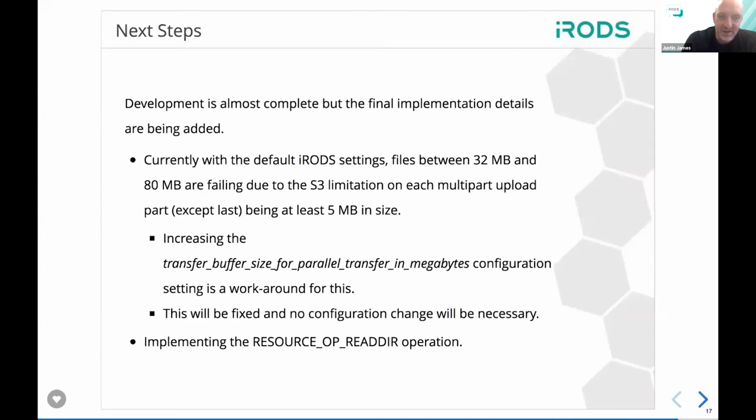Okay, so the next steps. We're almost complete with development. Just some final implementation details need to be added. There is one bug that needs to be fixed, and that is that right now files between 32 megabytes and 80 megabytes are failing due to the S3 limitation that each part must be at least 5 megabytes in size. If you remember me saying earlier, there's a one-to-one mapping between the iRODS threads and the parts in S3 when you're doing an upload. Unfortunately,